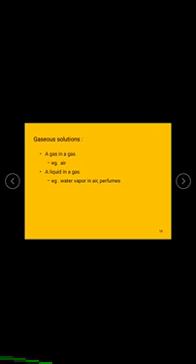Let us see once again. This one is gaseous solutions. The gas is the solvent. The solute may be solid or liquid or gas. First one is gas in a gas. Example: air. A liquid in gas: water vapor in air, perfume. Solid in gas: iodine in air, camphor in air.